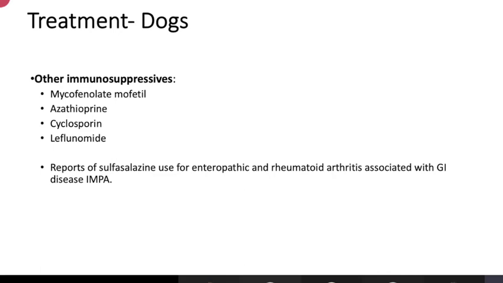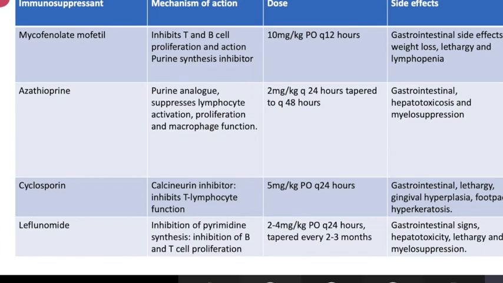And then other immunosuppressors that can be added in addition to steroid therapy include mycophenolate, azathioprine, cyclosporin, and leflunomide. And there are also reports of sulfasalazine being used for enteropathic and rheumatoid arthritis associated with the GI disease. And this is just a summary of other immunosuppressants that can be used and their side effect profiles and mechanism